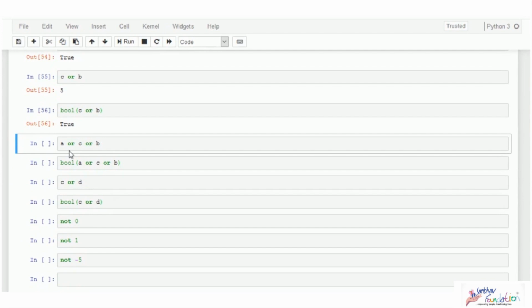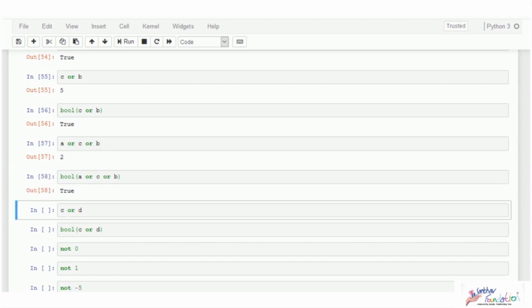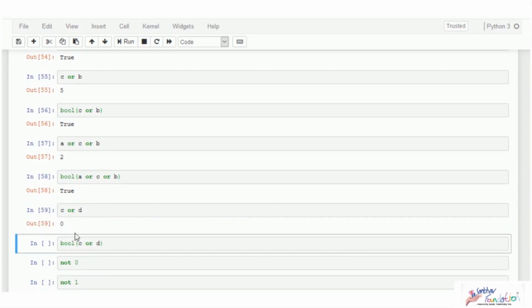And again, this is the same thing as with AND. Start from left to right. First evaluate these two, get the result, then evaluate that result with the remaining portion. So A or C is going to be A. Then A or B, both are non-zeros, so you take the first number. So your answer for the entire thing will be the value of A. Now C is 0, D is 0. So 0 or 0 is going to be 0 because both are false. Again, false or false is false. So you get 0 as the output.